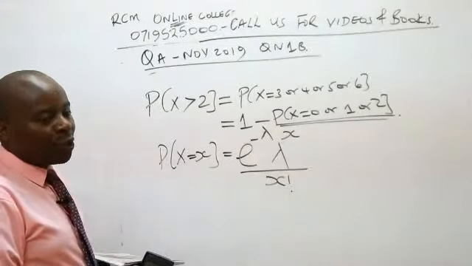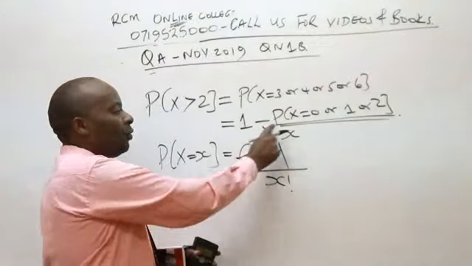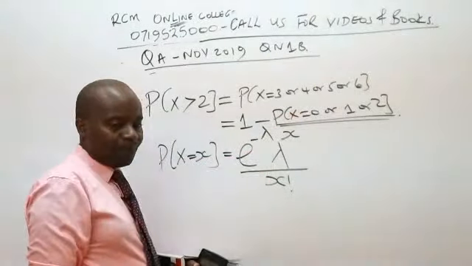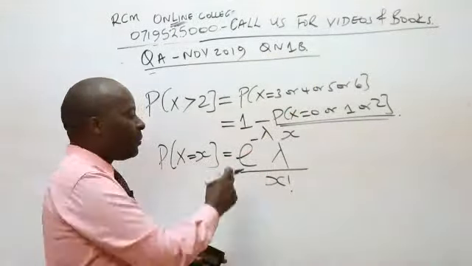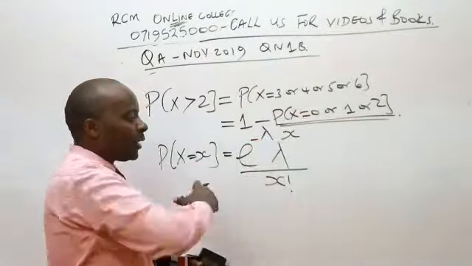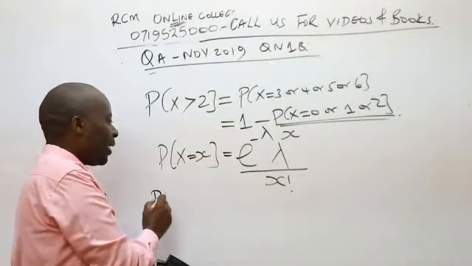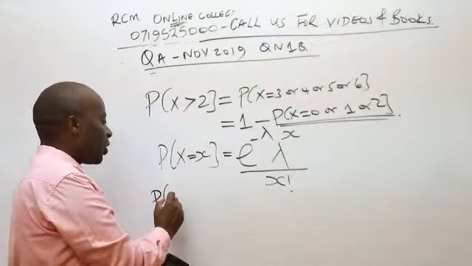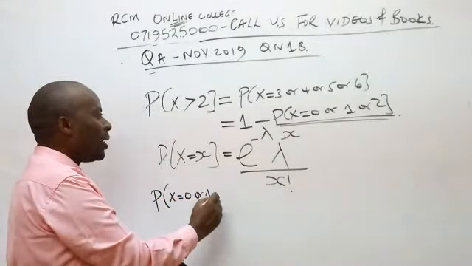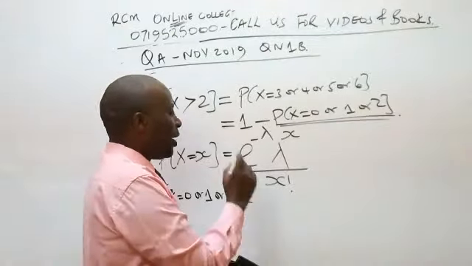So what you need to do is to get the probability of each one of these. The very best, because this e will apply to each one of them, is to factor it out. So probability of x equals 0 or 1 or 2 using this Poisson will be equal to e raised to